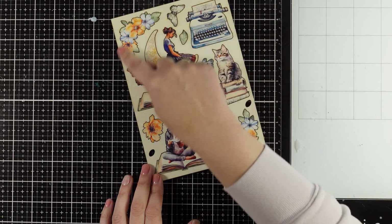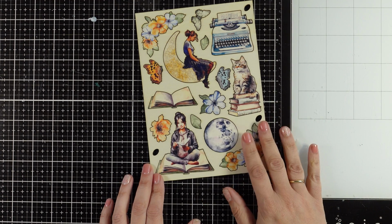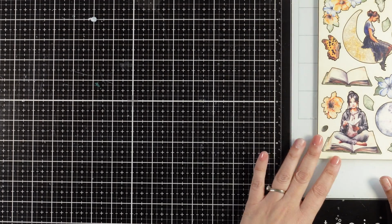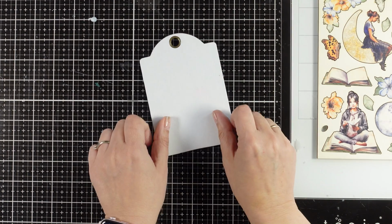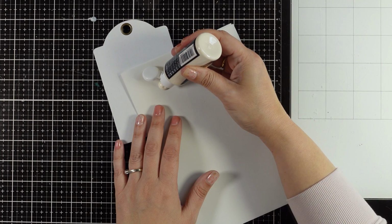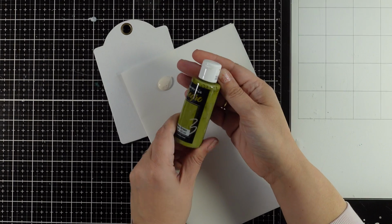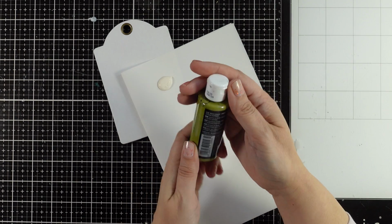So I have a series of mixed media tags for you planned, and today we are starting with the girl on the book. But stay tuned for the other tags that I will be sharing. You can make your own tag out of cardboard. My dimensions here are about 4 by 5 and 3/4, and I will start coloring my base by using acrylic